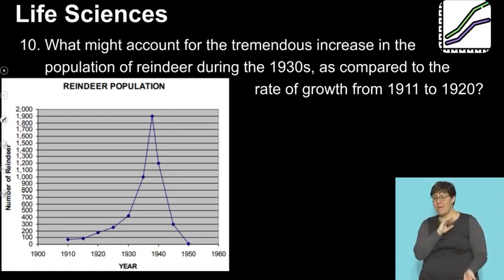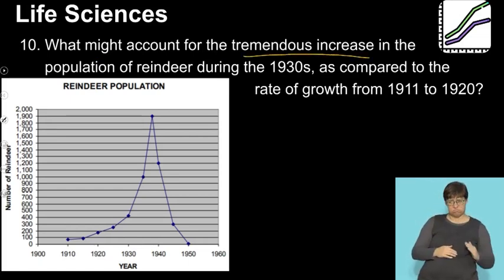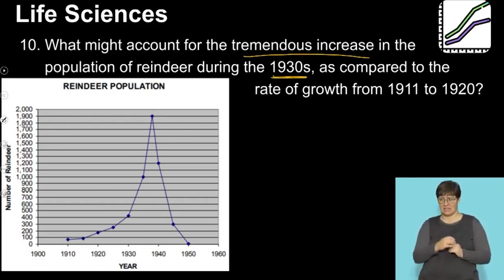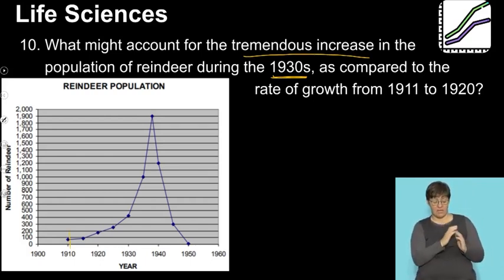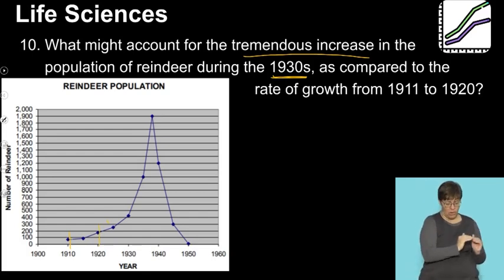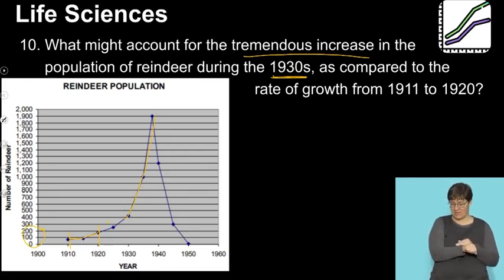What might account for the tremendous increase in the population of the reindeer in the 1930s as compared to the growth rate from 1911 to 1920? So here we see there is an increase in the growth rate, but wow, once we hit the 1930s, that growth rate is incredibly steep. So here we've got a small number of reindeer to begin with. But once we hit the 1930s, we've doubled that